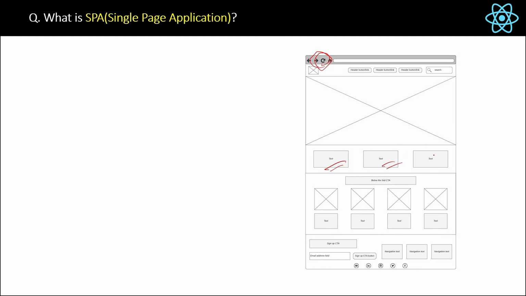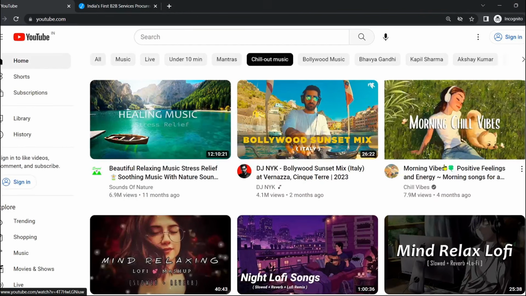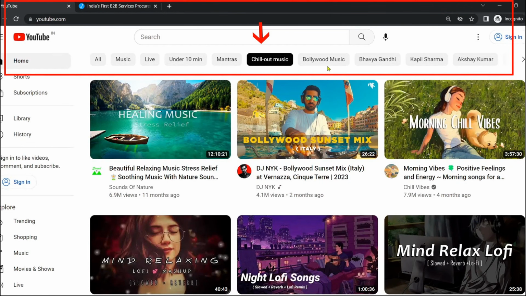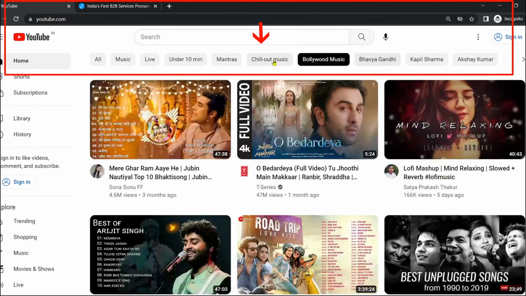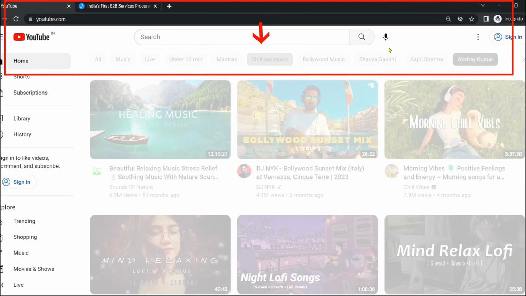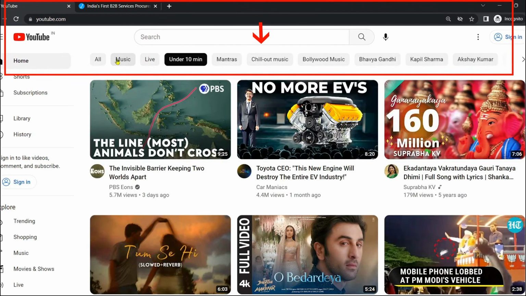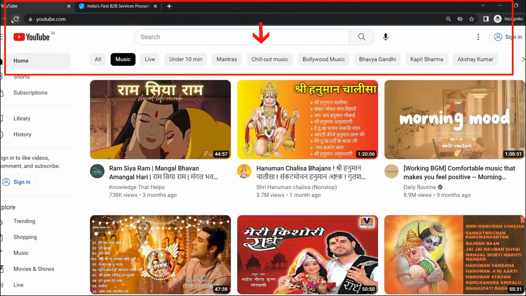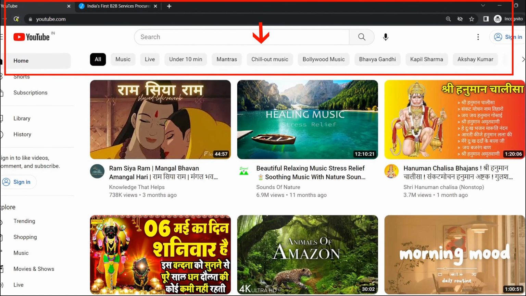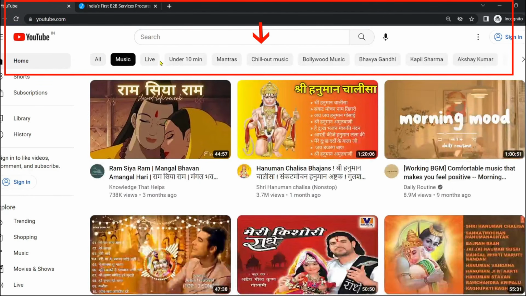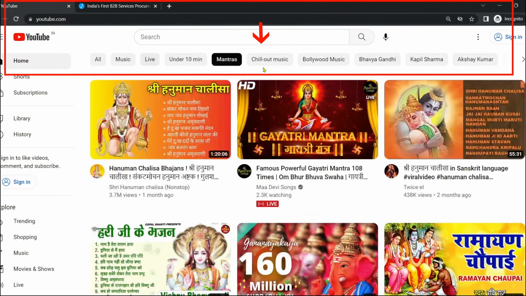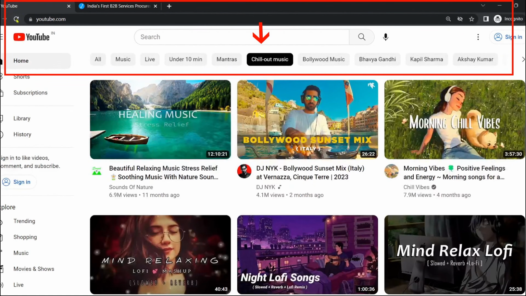Now, if I go to the browser to show you an example, for example, here you can see YouTube in the browser, okay? And whatever I am doing on this page, the whole page is never loaded, okay? Because YouTube is a single page application, okay? And above you can see it never refreshes. Only the content, the components inside YouTube, are loading, but not the whole page. So that is the single page application.